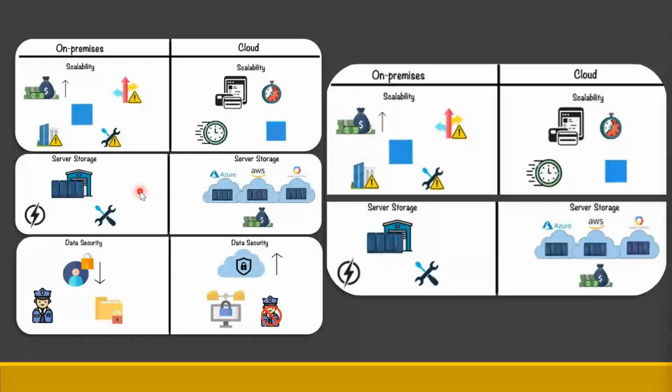And when it comes to data security, cloud systems are more secure, and there is no need to monitor them manually. The systems are already integrated, and there are applications that will automatically identify fraudulent activities. But for an on-premise system, obviously we need a security system to monitor the security issues manually.